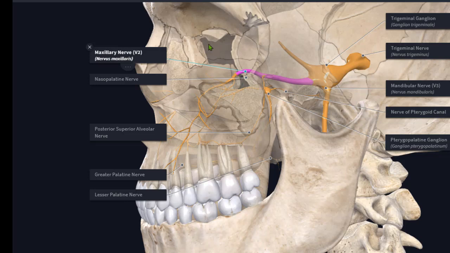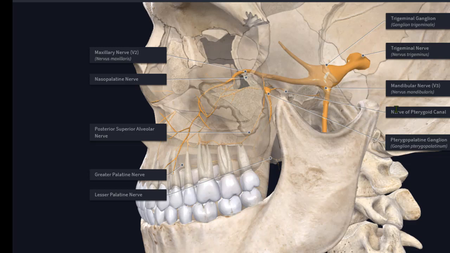So this maxillary nerve through the foramen rotundum is coming towards the infraorbital fissure. Through the infraorbital fissure it is coming towards the maxilla, but before that it gives a ganglion over here that you can see. This is your pterygopalatine ganglion. So this pterygopalatine ganglion, what you will find here, you will find this nerve. So this nerve is the nerve to pterygoid canal that you can observe over here.